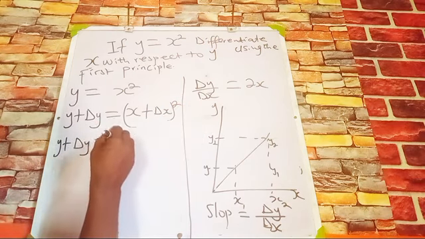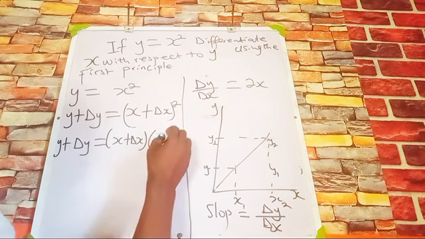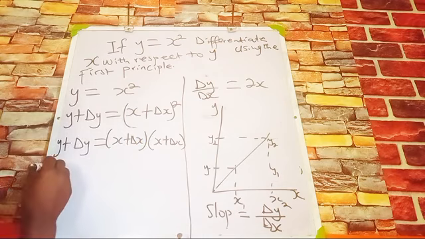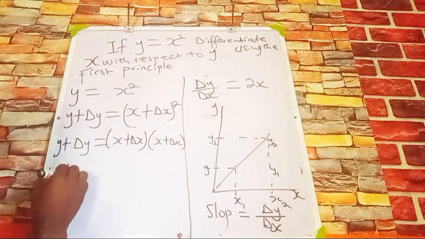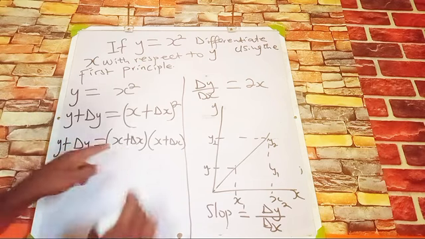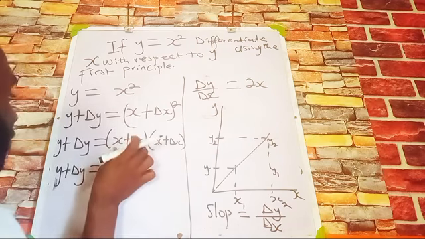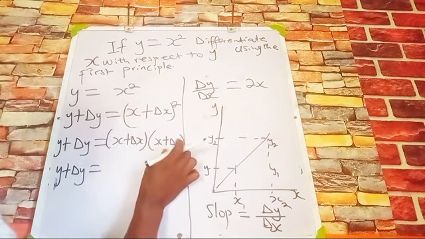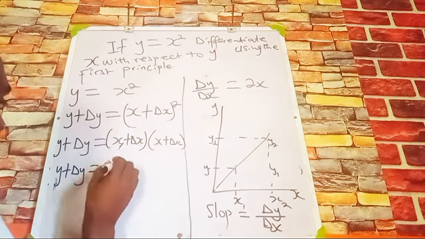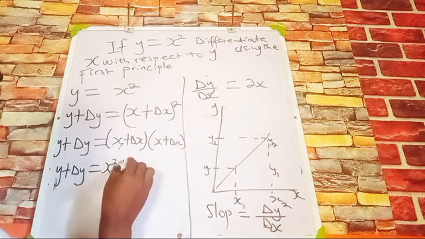So we now have x plus dx, bracket open, x plus dx, bracket close. So with that, we have y plus dy is equal to, we are using the first bracket to open the second one. So x times x, because everything in the first bracket should multiply everything in the second bracket. We'll start with x times x, that gives us x squared, x times dx, that gives us x dx,